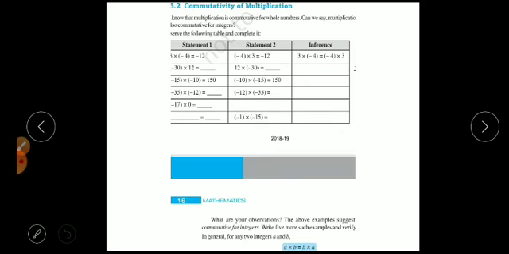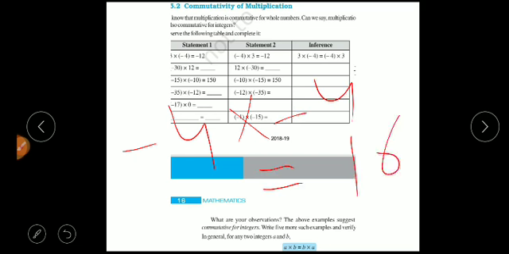Now there is multiplication also. There is multiplication also of any two positive integers or any two negative integers. Suppose -4 into -4. What is 4 into 4? 4 into 4 will be equal to 16, and when two negative signs combine with each other, they will become a positive sign. So -4 into -4 will become equal to 16.